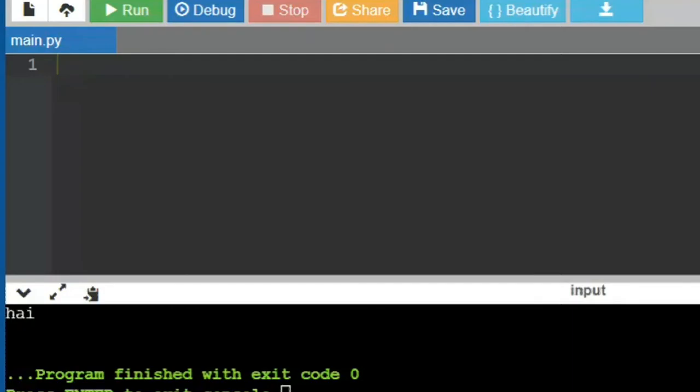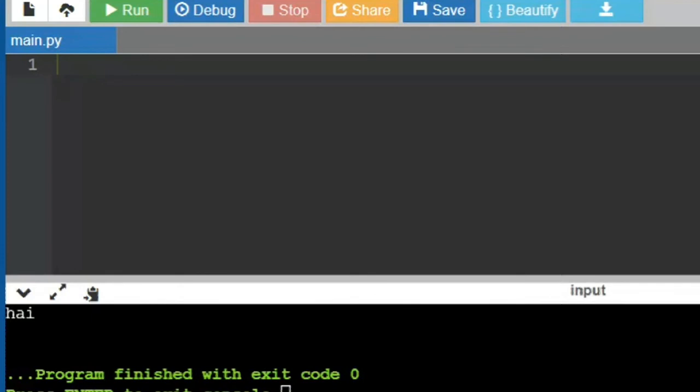Can somebody brief me what are the concepts that we have seen yesterday? Function declaration, ma'am. Function call, ma'am. The syntax of function declaration, the usage of def keyword we saw, and function may have return type or may not have return type. So these are all the concepts that we have seen in yesterday's class.